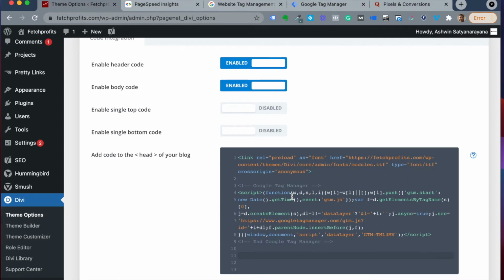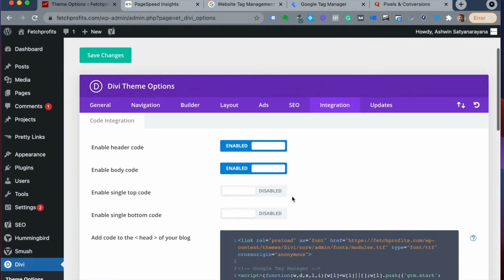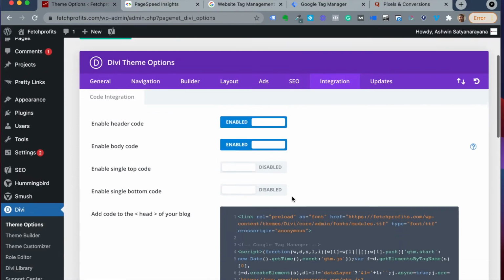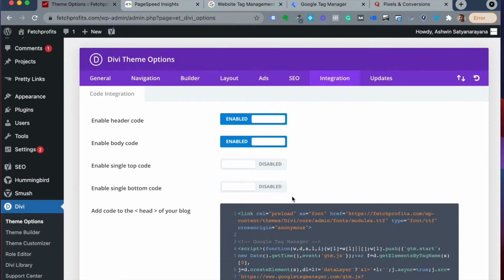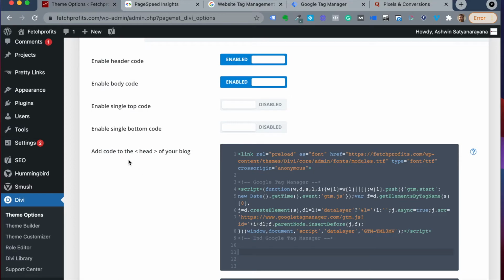website as shown right here on the screen. For your reference, I'm using Divi by Elegant Themes, and I'm inside my WordPress backend. This section right here is where I add tracking scripts, analytic tags, or add platform tags right here to the head section of my blog. Generally, people tend to just keep adding tag after tag to this head section on their WordPress websites, for example. Then this tends to considerably slow your website down.